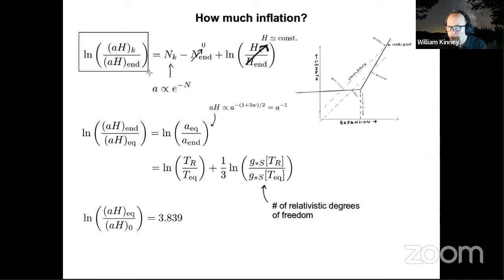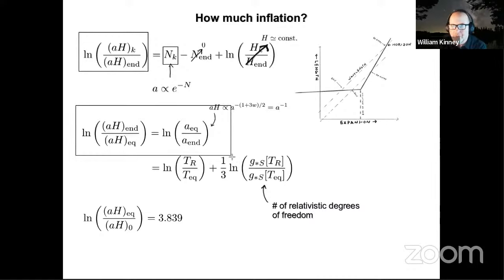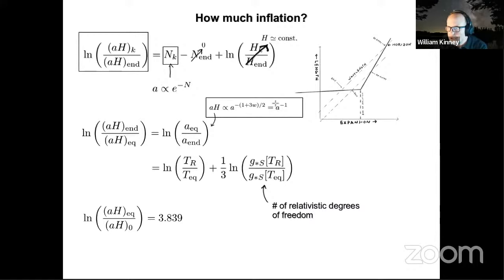So this is the evolution of the mode. This term that happens before the end of inflation is just given by the number of e-folds before the end of inflation at which the mode exited the horizon. Now, the subsequent stuff that happens after the end of inflation, we're assuming that we have a radiation dominated phase. You can relax this assumption, and there are lots of papers written about this. If we take a radiation dominated phase immediately after the end of inflation, lasting all the way up to matter radiation equality, then during this phase, aH goes as just the inverse of the scale factor.